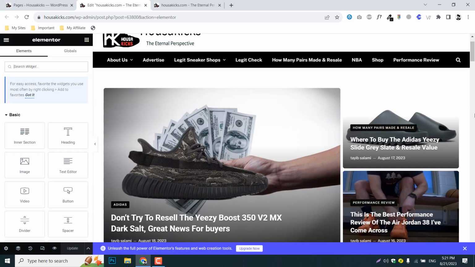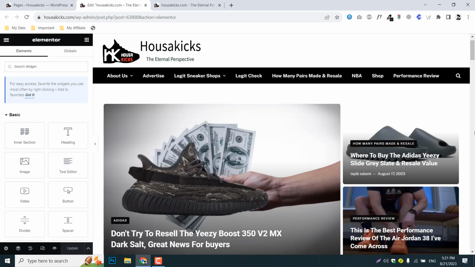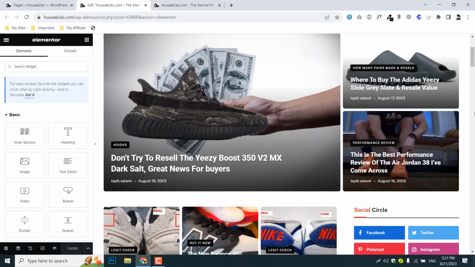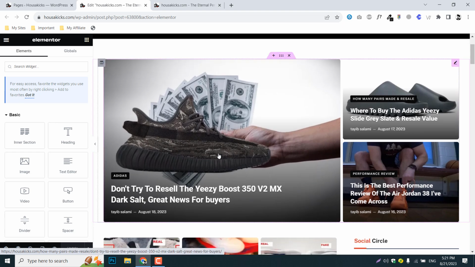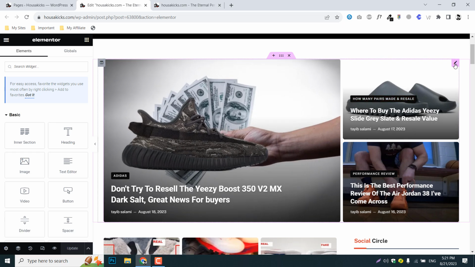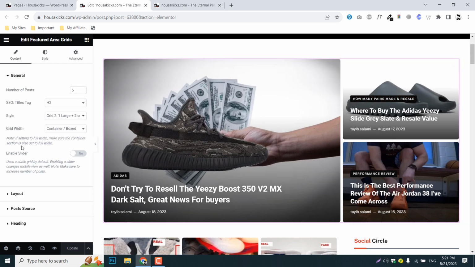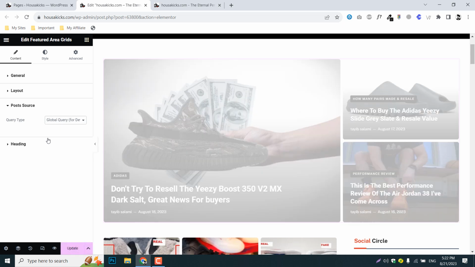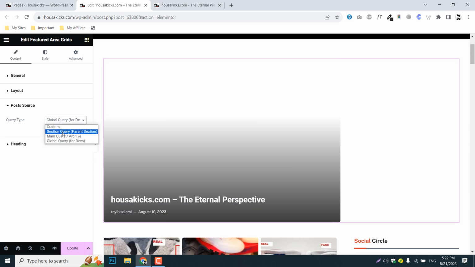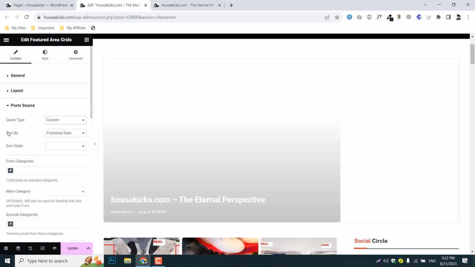So as you can see, this is the page settings. So we have opened it up. For example, if you need to edit what sort of content you want to show up over this feature section, you can just click on this edit button, and here you can see under the post source section, you can click on this global or maybe custom,